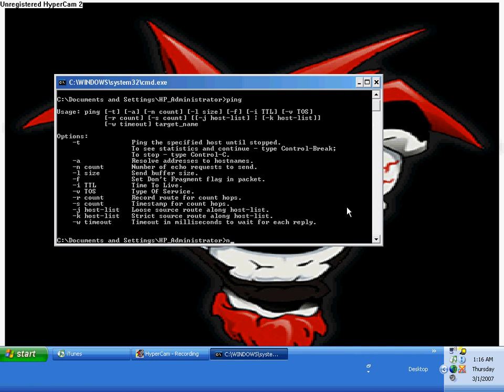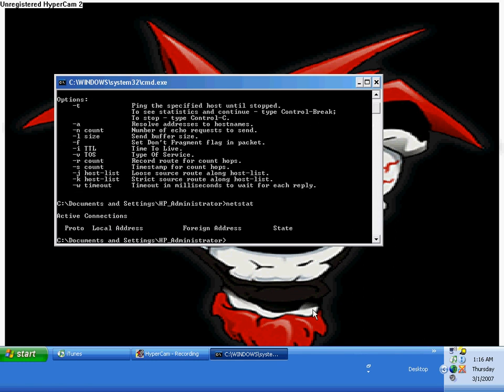Moving on, the new one I figured out is netstat. As you can see, I'm not really connected to anything but just my own computer, so nothing will come up. But usually when you're on AIM, a whole list of IP addresses, local addresses will come up. And actually, if you're direct connected to somebody over AIM, like if you want to send a picture, you have to be direct connected, you can type in netstat